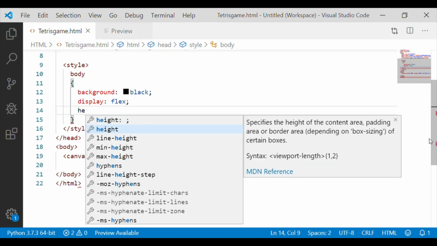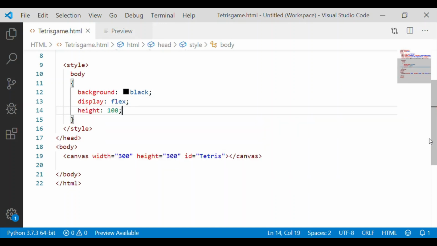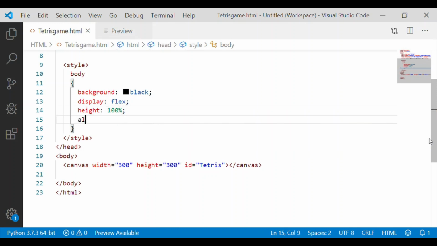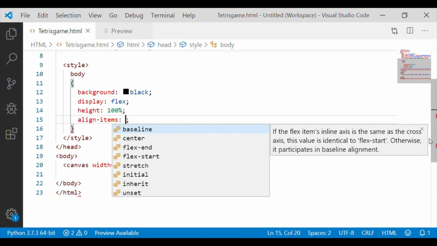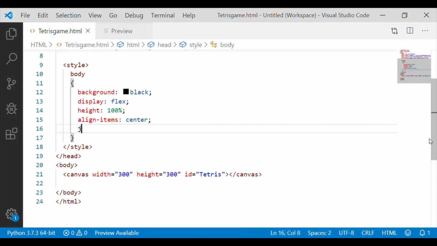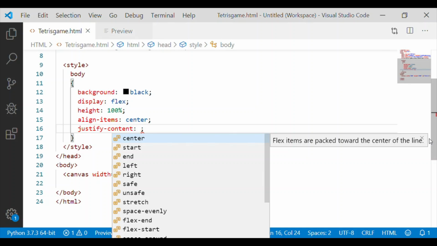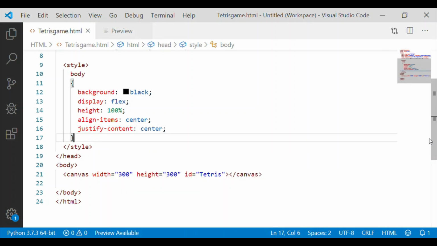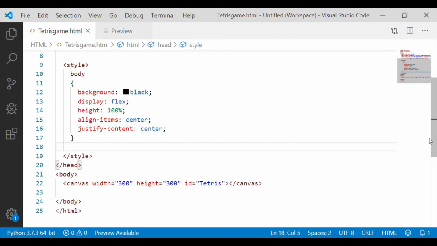Height will be 100% as canvas. Align item shall be center. Justify content is again center, so that in the HTML body canvas is in the center.